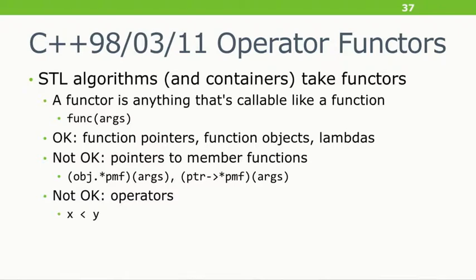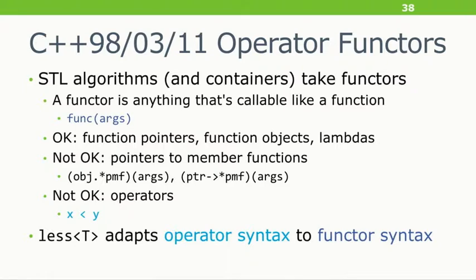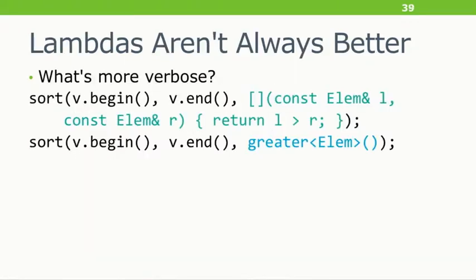You can't pass operator less than to an algorithm. For example, even if it's for a class type, maybe it's a member instead of a non-member function. So you can't simply say operator less than with address-of and some horrible static cast or something. And if it's a built-in, you can't even form a function pointer to an operator less than taking built-ins. They exist only for the purposes of overload resolution. So the STL back in 98 provided less<T>. And this is just a very simple wrapper class whose sole purpose in life is to adapt the functor syntax that the STL algorithms want to the operator syntax that we want to usually use.